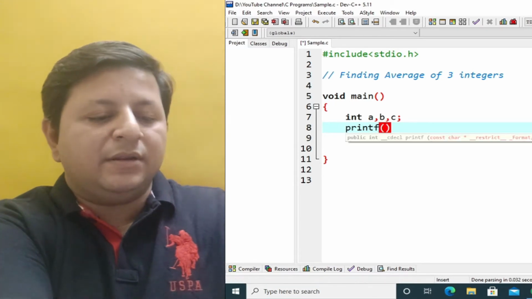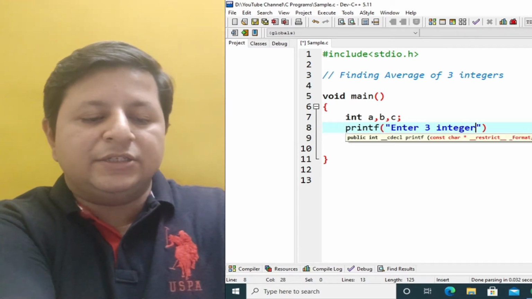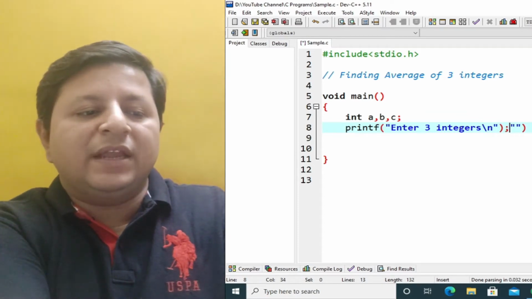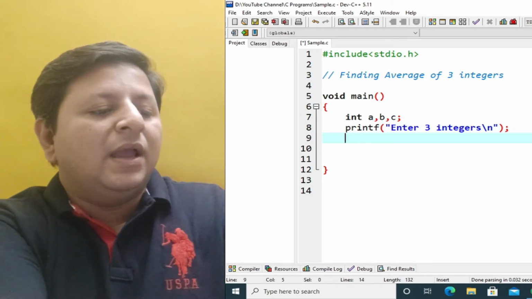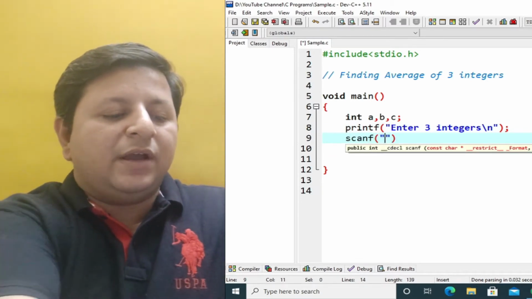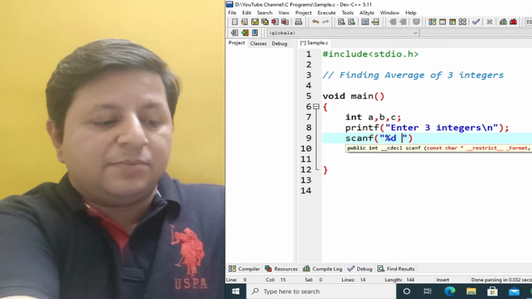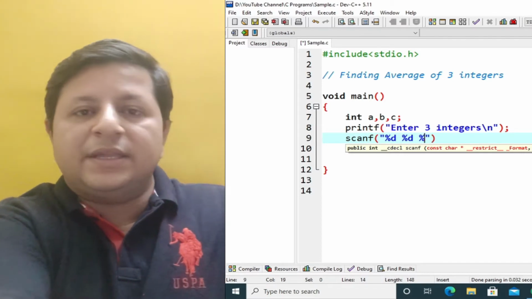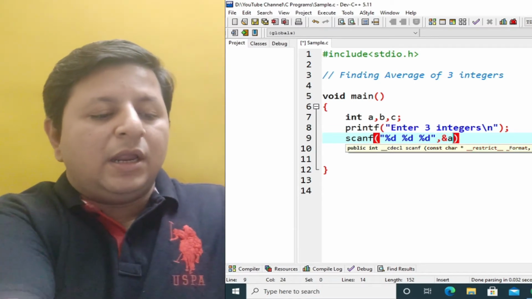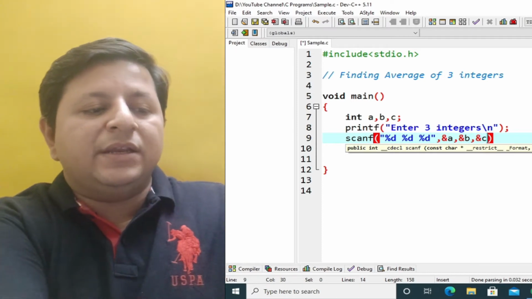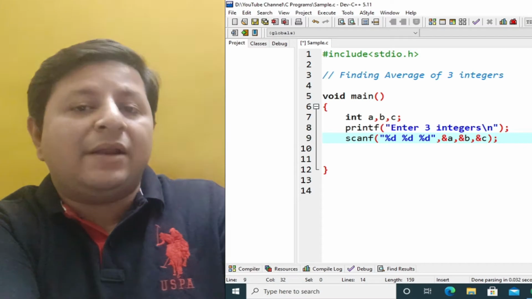So we'll first give a message: enter three integers. We always believe in giving \n so that it doesn't stay on the same line. Then we can use scanf. Now I want to accept three integers, so I require three format specifiers: %d, %d, %d, and your inputs are always taken with ampersand because we have to put the address.